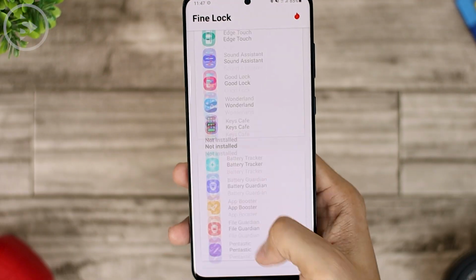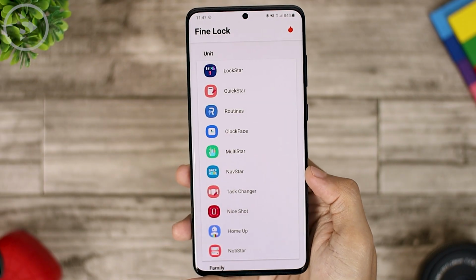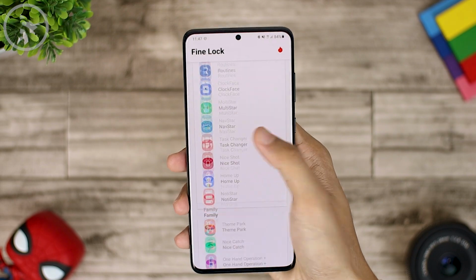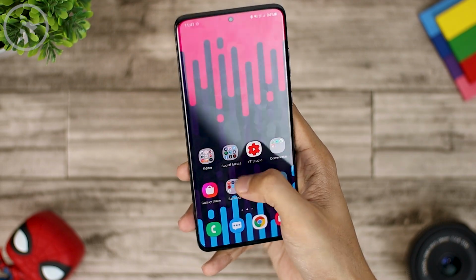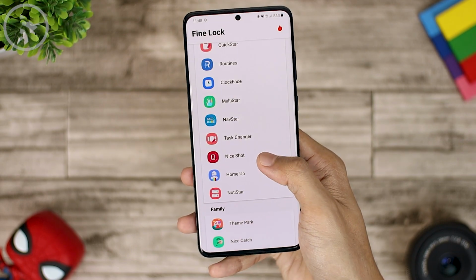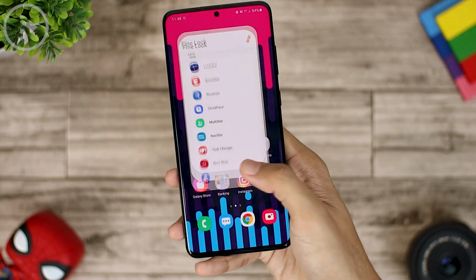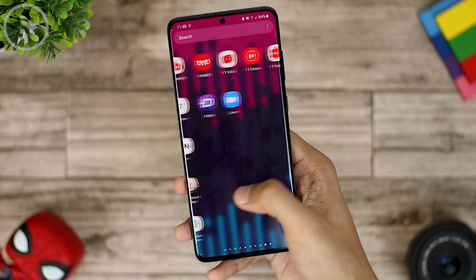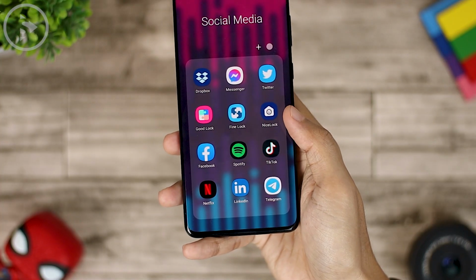So for example, if you have installed it in the previous way, you can immediately open the settings through the FindLock application. So later, when you open the settings, the ads will not appear in the application. Because in fact, the FindLock or NiceLock functions that we use is only to open the application settings. Because most of the GoodLock module icons don't appear in the app drawer. So we have to take advantage of the additional NiceLock or FindLock app to open the settings and customize the modules.